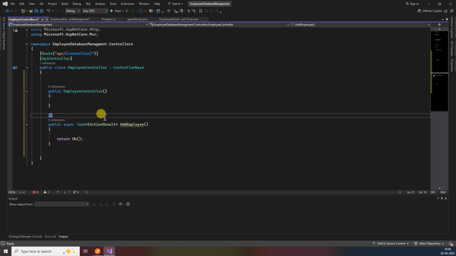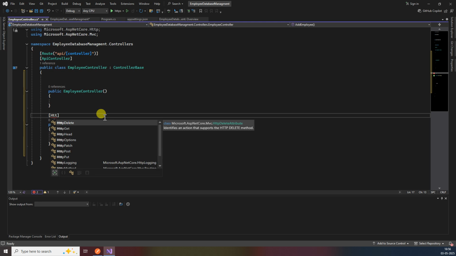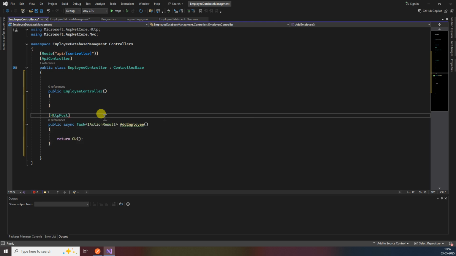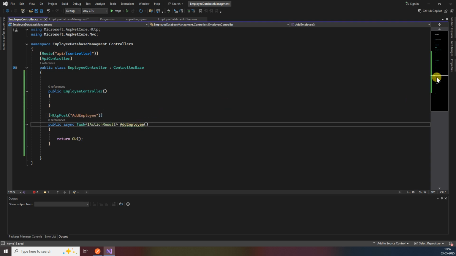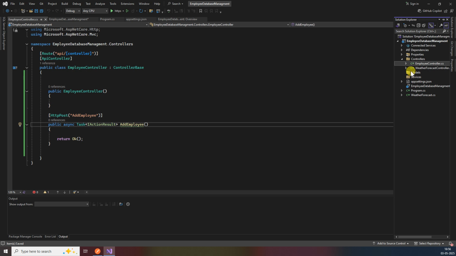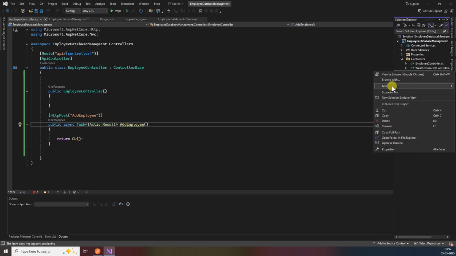Let me provide the HTTP route for this one. So this will be used to add an employee, hence I am providing HTTP Post. Let me provide the route name, AddEmployee. Okay, and here we'll create one class in the Models folder, add